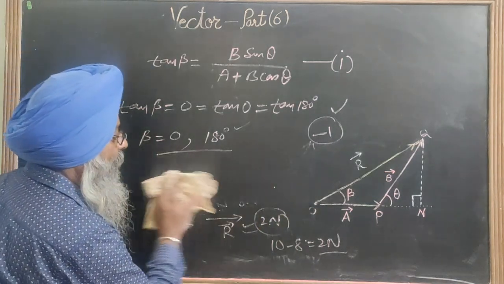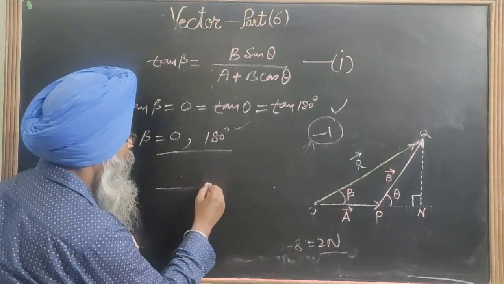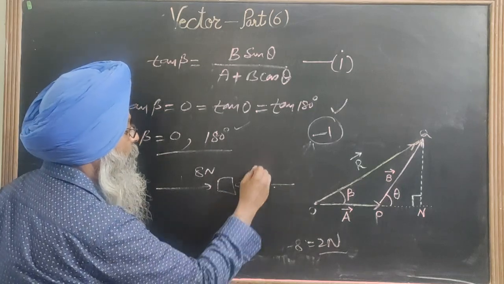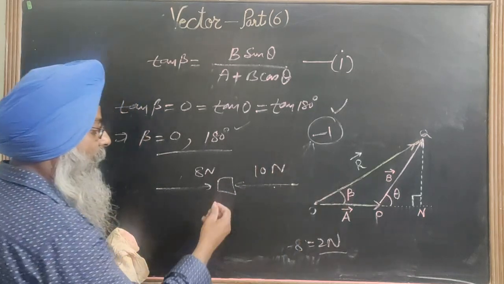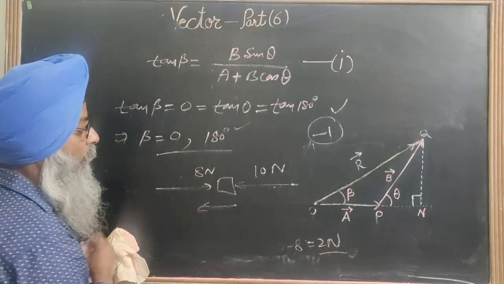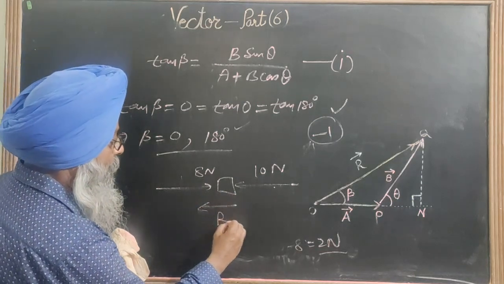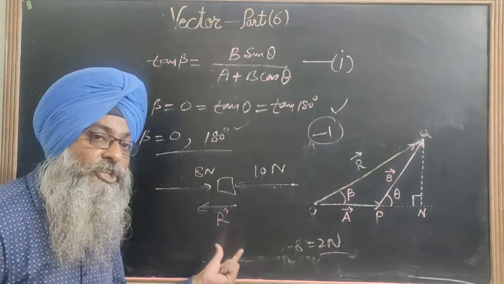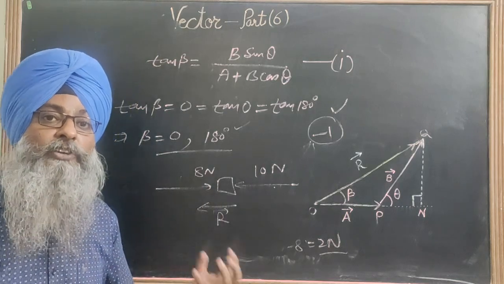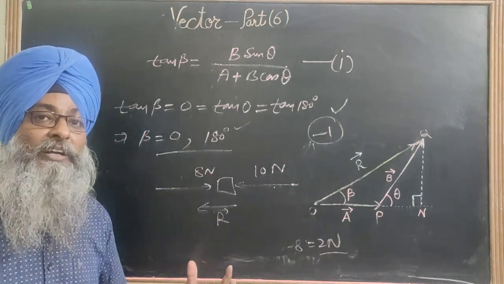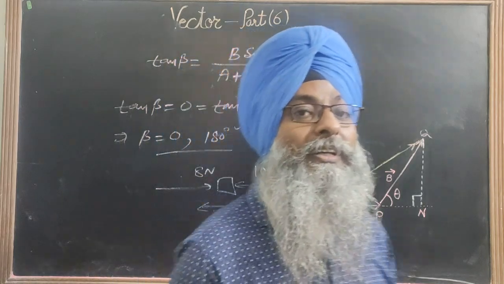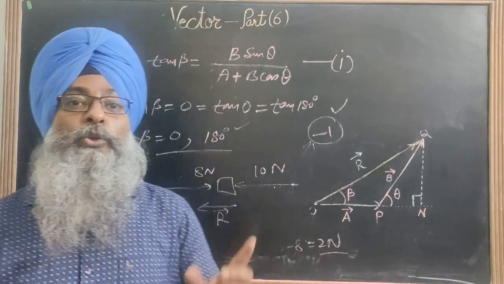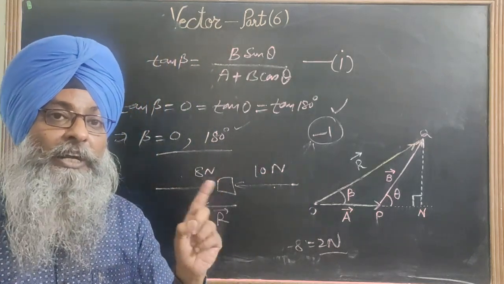Similarly, in another example, if I apply force 8 Newton to that body here and force 10 Newton in that direction, then the body will move along this side. Now the resultant will be along this side. It means the direction of the resultant will always be along that vector whose magnitude is greater. जिसका मैग्नीट्यूड ज्यादा होगा उसी तरफ हमारा रिजल्टेंट वेक्टर आएगा.